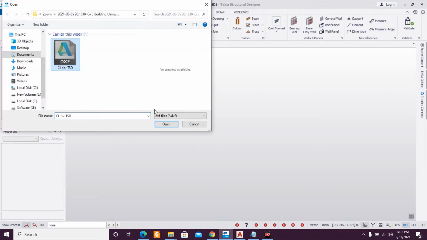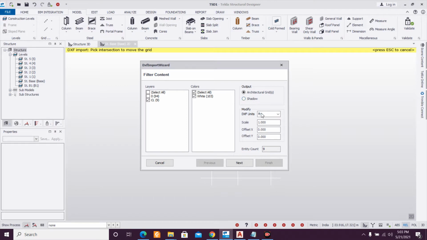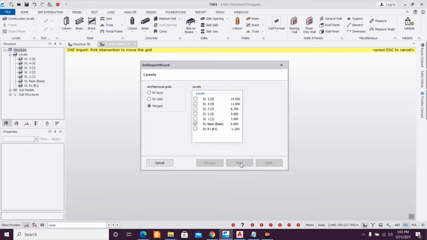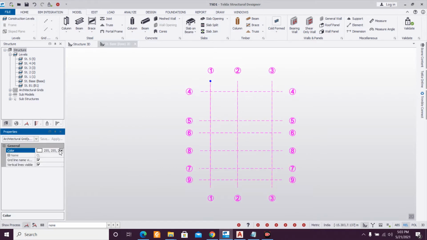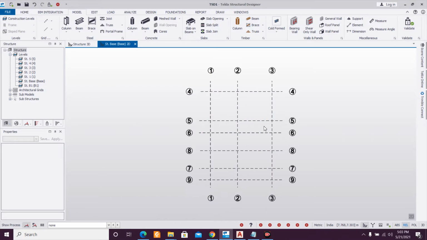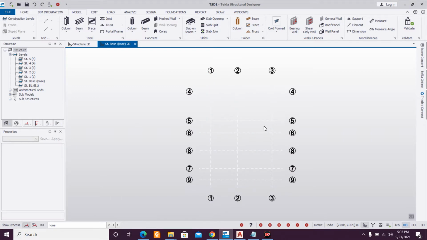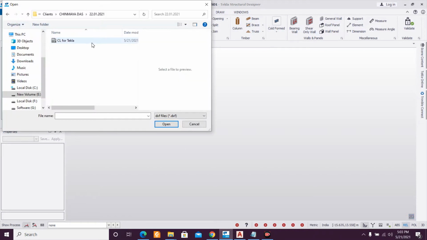First we'll import the center line, and the unit will be mm, and bilayer, and select all the levels in which we want to import the center line, and then click on finish. After that, I can just click on this and change the color to black so that it becomes visible. I hope that's a different center line. I'll just select the proper center line. So this was the center line.